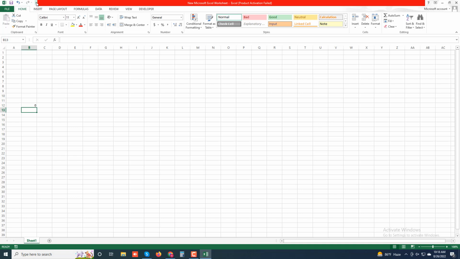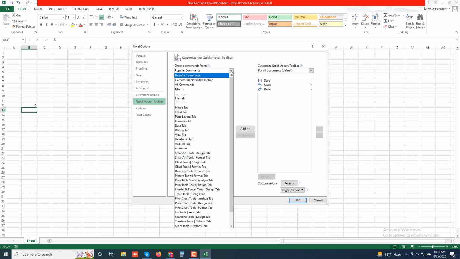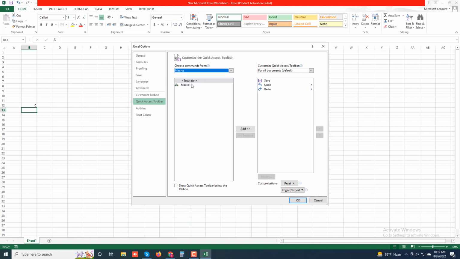First go to quick access toolbar and click customize quick access toolbar drop down menu, then select more commands and go to macros, and you can see there is a macro. So suppose this is the one you routinely use